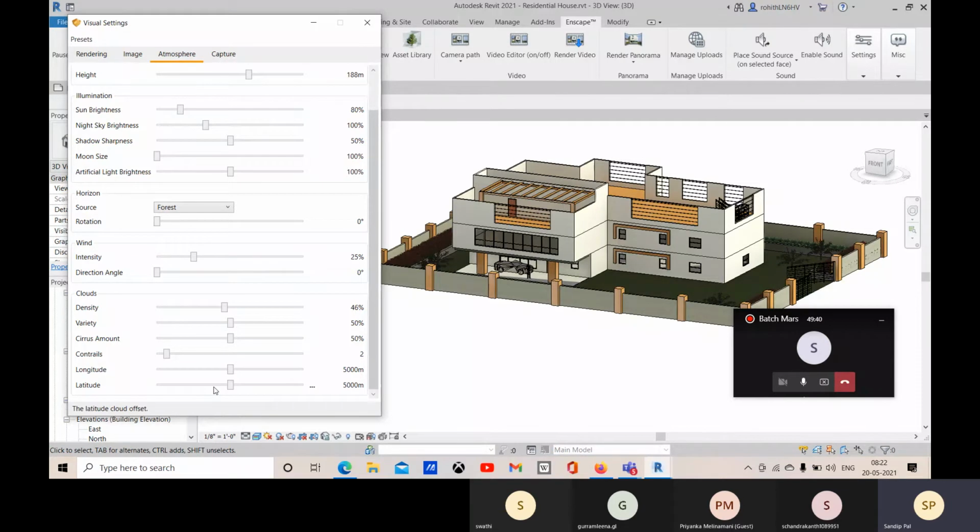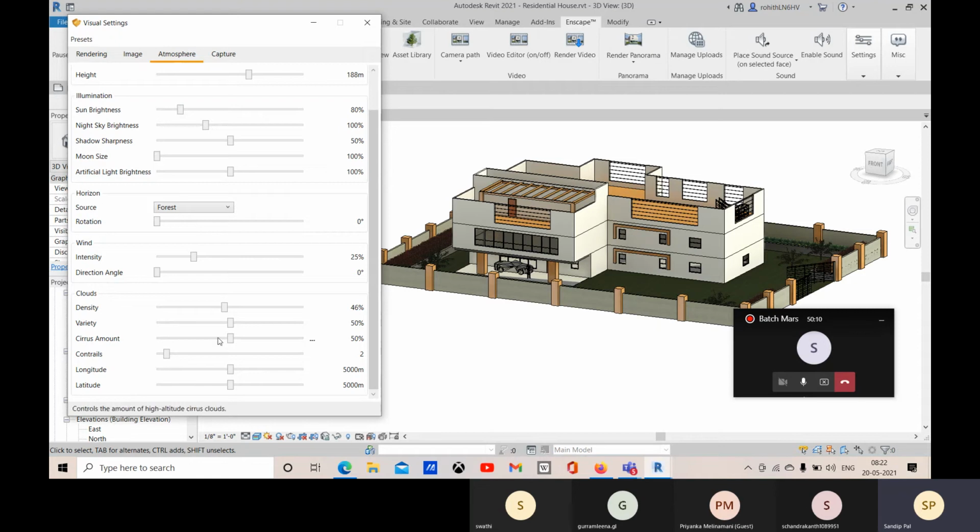These are latitude cloud offset, these are longitude cloud offset. You can also control the amount of airplanes visible in the sky. That is contrails, how much airplanes will be visible in the sky. That is the option control contrails, and we have this option.